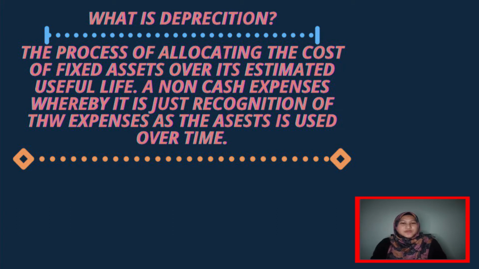For example, you bought your iPhone in 2010 at a price of 1,000 ringgit. Then you decide to resell the iPhone in 2014. So the question: do you think your iPhone is worth above 1,000 ringgit? Obviously not, right? Because maybe the price is only 400 ringgit. This is what is meant by depreciation. Do you see, from 1,000 ringgit to 400 ringgit?